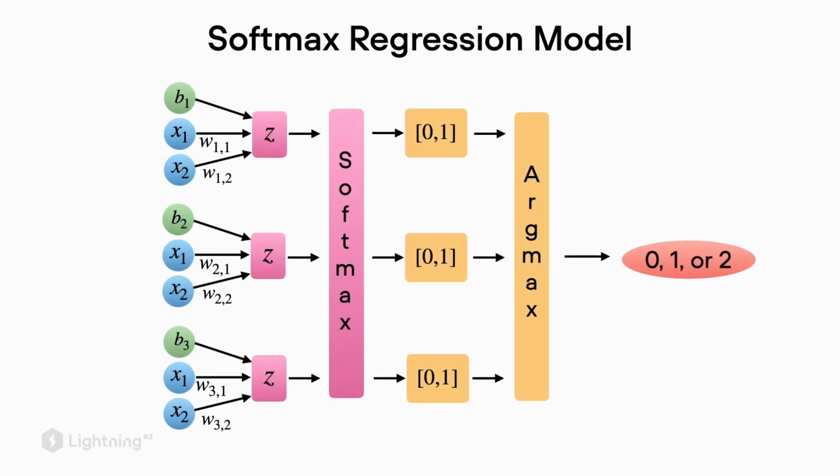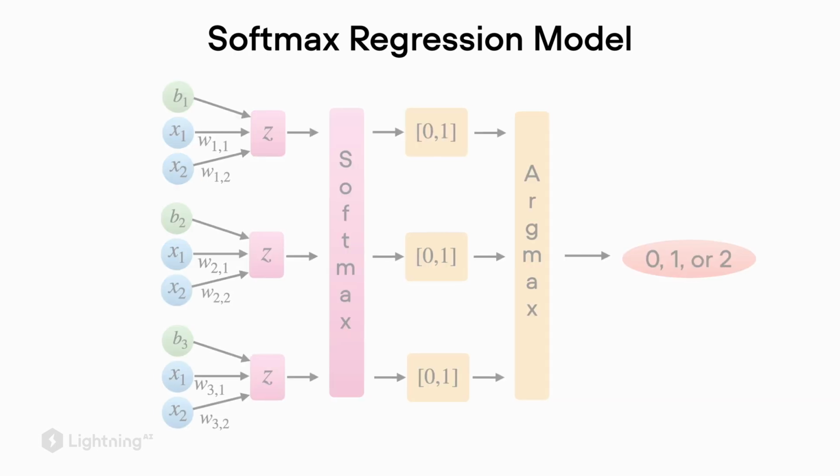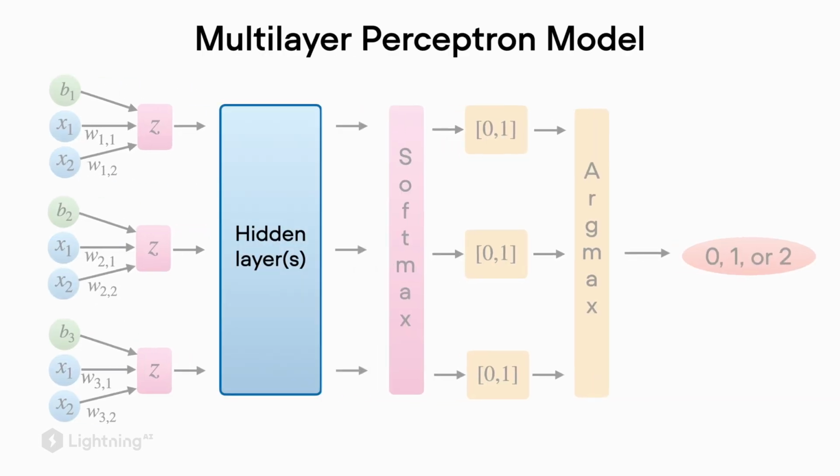Alright, so in the previous video we talked about multilayer perceptrons and that they can help us with more complex decision boundaries. So in this video we are going to take a look at the architecture behind multilayer perceptrons. For that, consider the Softmax regression model, which we covered previously in Unit 4. And the only big difference between the Softmax regression model and the multilayer perceptron model is that we insert these